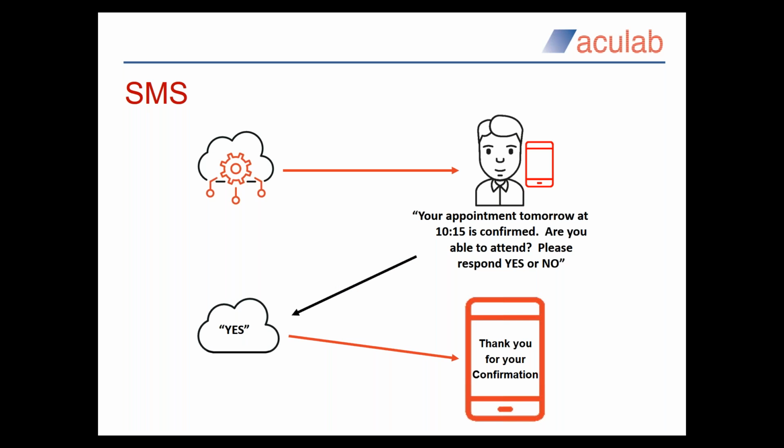Since Acculab Cloud allows two-way SMS, as well as confirming the time of an appointment, it is also possible to ask a patient to respond as to whether they are able to attend, and therefore reducing the cost of missed appointments. If a patient responds saying they're unable to attend, you could then automatically flag this to a receptionist who could